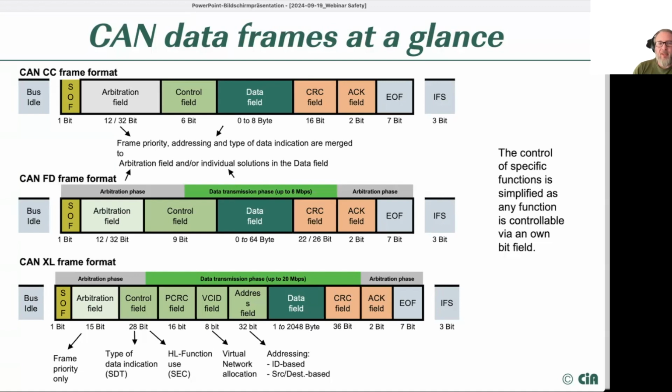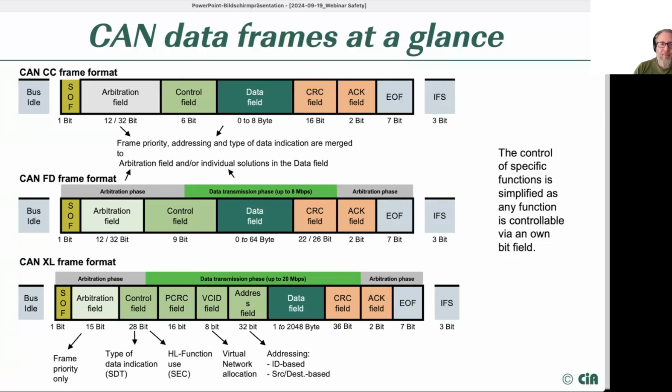So the data in the data transmission phase goes up to 8 megabits per second, so that we can transmit more data faster. And now with the release of CAN-XL, we almost contain the same structure. We have also our arbitration field, which is only to be used for priority purposes. We have added additional identification for data type identification, so we can identify directly what type of data is transmitted